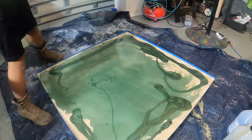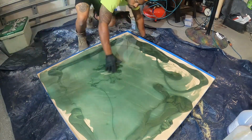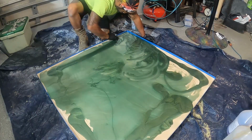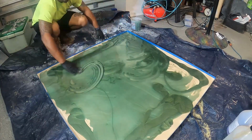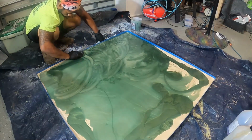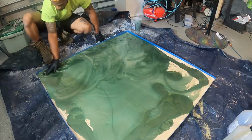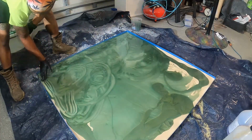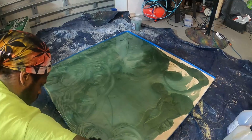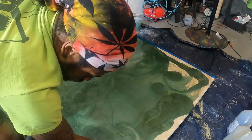One thing I will say, if you're going to attempt to make a canvas or something big like this, this is my first time actually going this big. Like I said before, I've only made these on the smaller 15 by 10 paper canvases, so I haven't gone an actual 4x4 before. But anyway, if you're gonna make one of these, my suggestion would be to make sure that your math is right, because you don't want to pour the epoxy, have colors in it, and then need to mix more,